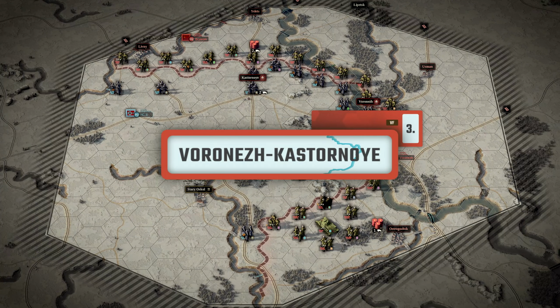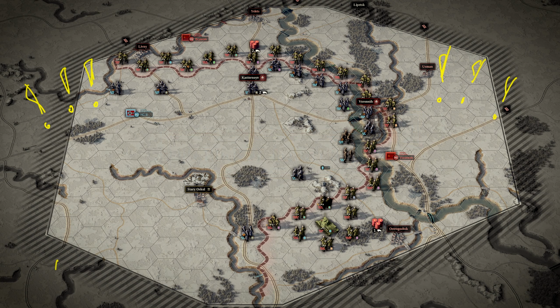Voronezh-Kastornoye has one little trick that 2x2 doesn't want you to know about. If you see this video go down, it means that the game's developers have paid me off to keep the secret a secret. Anyway, the secret is to actually block the enemy reinforcements in the west by building a pontoon